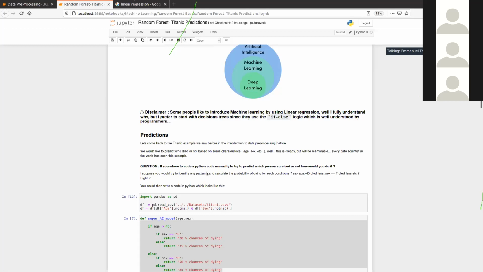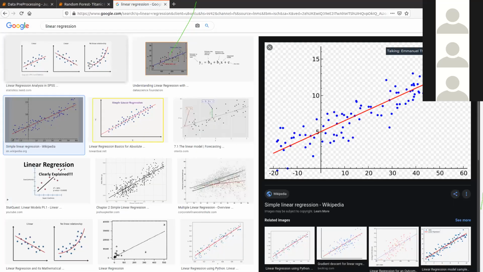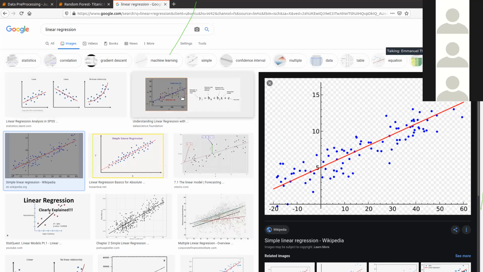And so linear regression is a method that is suited for mostly what we call linear data, but actually the equivalent for categorical